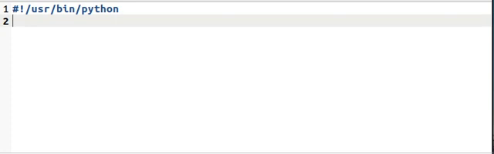Then there may be another block which will execute if there is no error in the try block, that will be called the else block. After all, there may be a block which will execute regardless of whether errors occur or not. This is called the finally block. So now let's start. First we will do